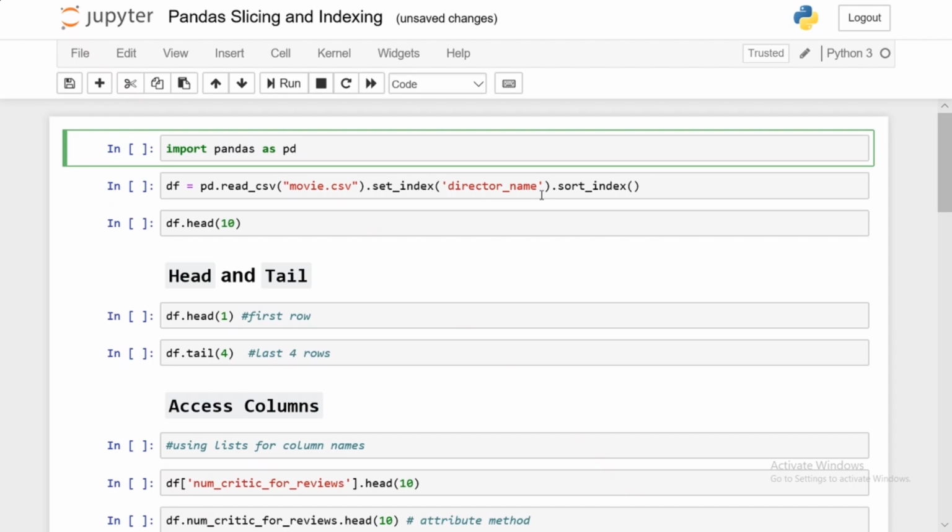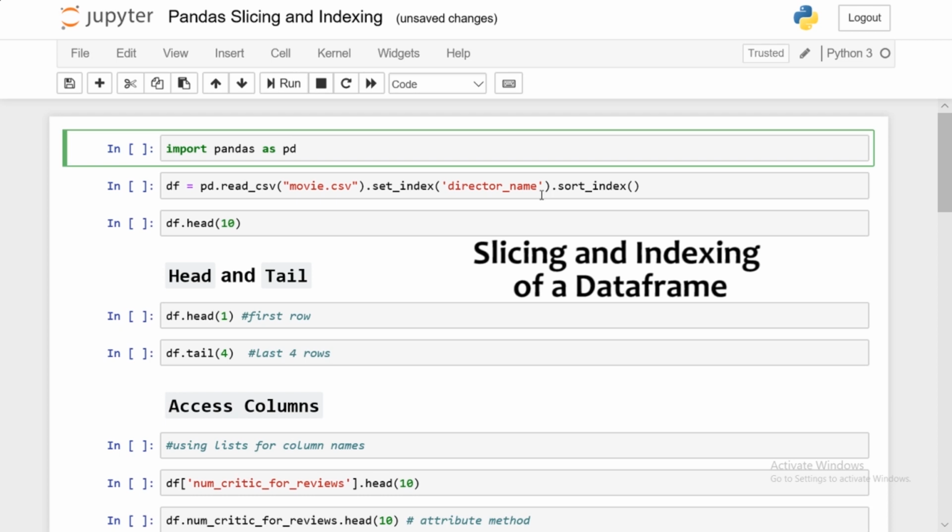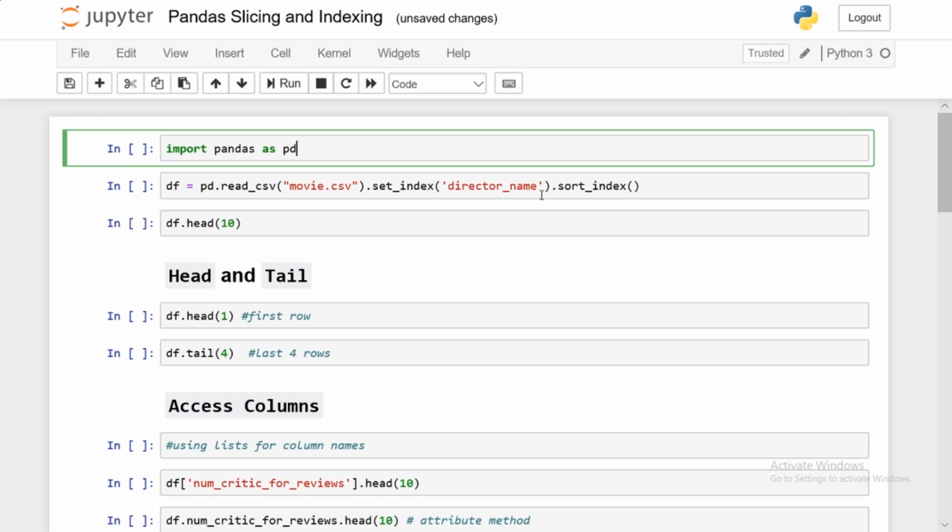What's going on, guys? In this video, we are going to be learning slicing and indexing of a data frame. So by slicing or indexing, we can look at certain parts of a data frame, basically subsets of a data frame based on either conditions or based on the rows and columns that you want to see. Now this is very useful for data exploration, or if you want to grab a subset of the data